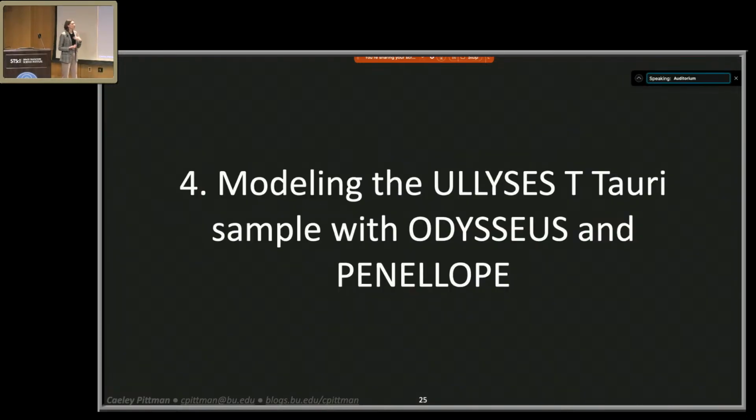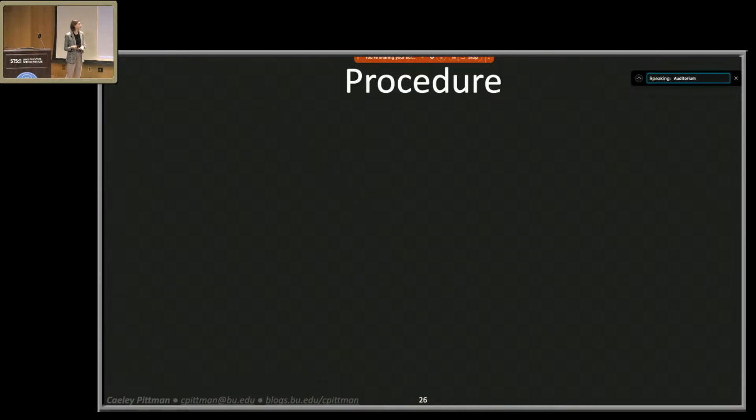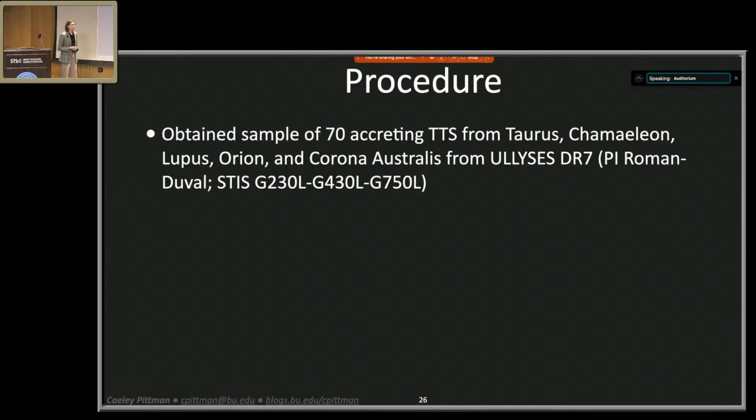So now I'm going to show my results from modeling the whole Ulysses T-Tauri star sample. And this is with Ulysses, or Odysseus and Penelope. So the procedure is first to get the data. So I use the Ulysses DR7 data release. This came out to 70 accreting T Tauri stars from Taurus, Chameleon, Lupus, Orion, Corona Australis, and I put this all